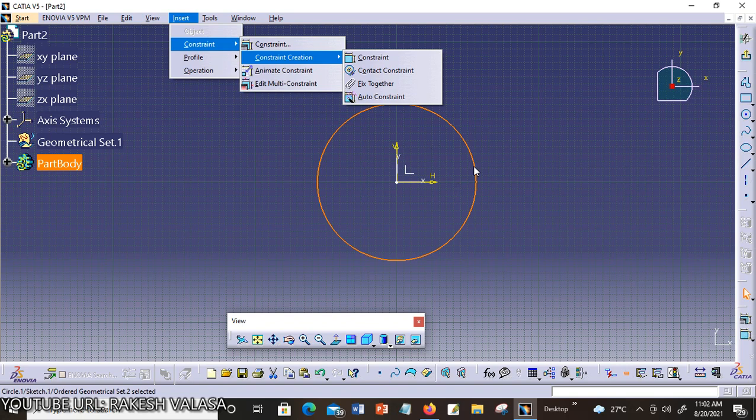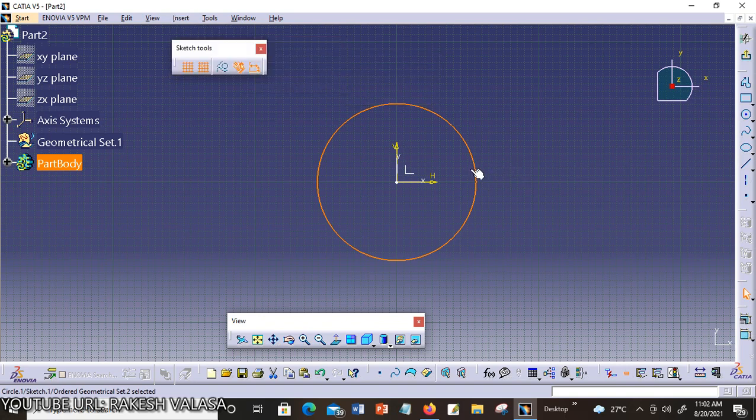Now let us discuss the steps for applying a dimensional constraint to a sketch. Select the sketch to which you want to apply the dimensional constraint. In our case, we select a circle.